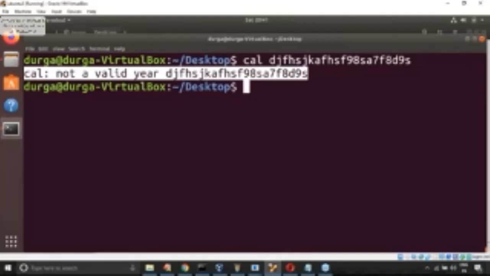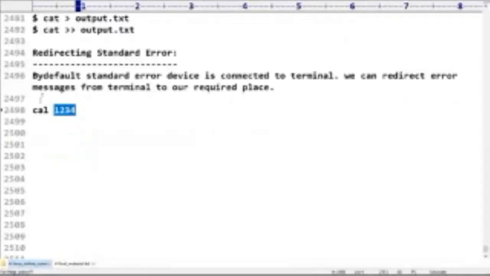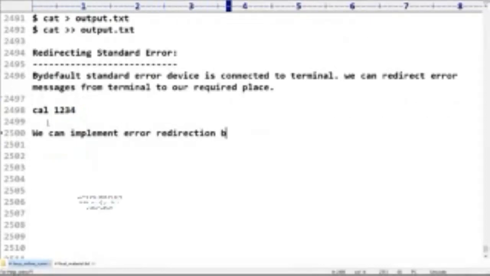Now I have to redirect this error message from the terminal to somewhere else. How can we do that? Here we have to perform redirecting standard error. We can implement error redirection by using the same greater than and double greater than symbols only.